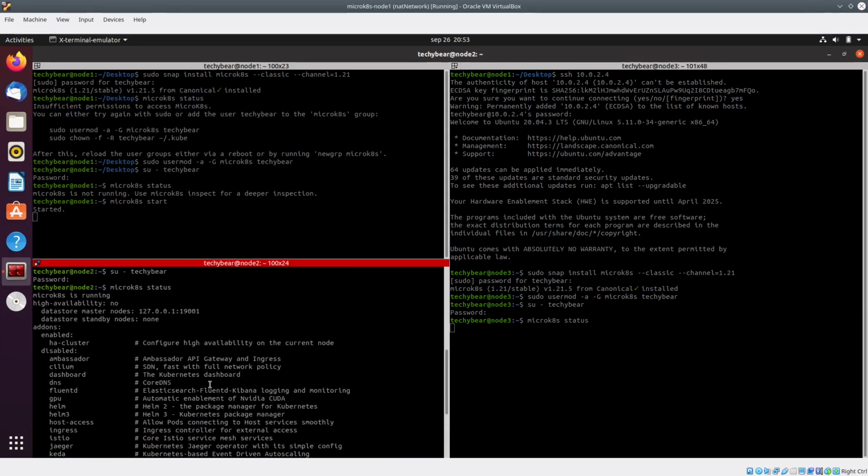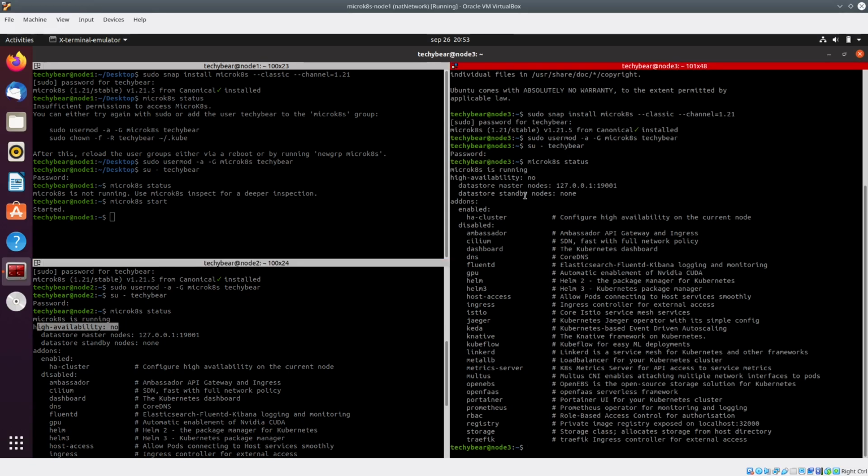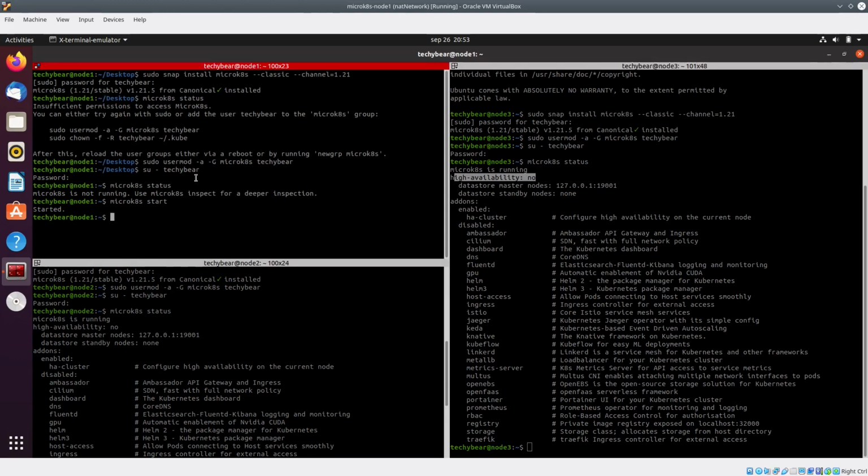So it is already running on the second node, and we can see high availability is no. On the third node as well, high availability is no.